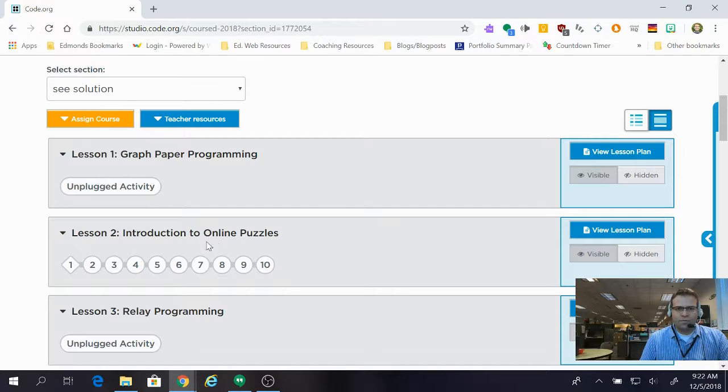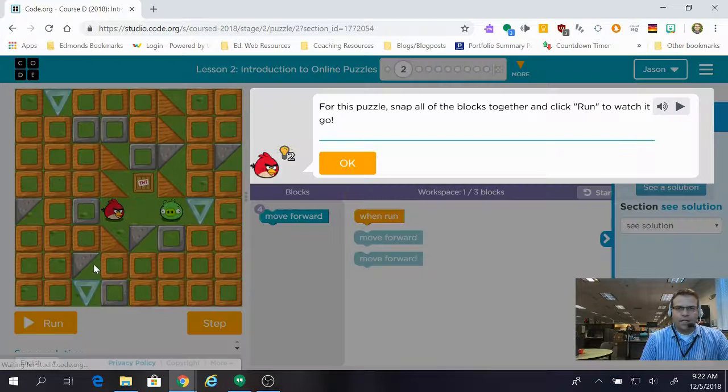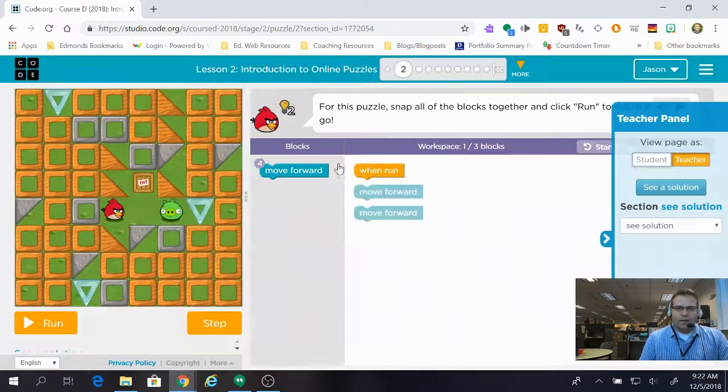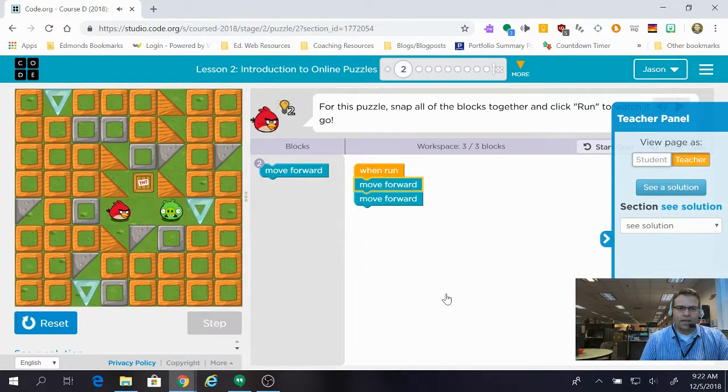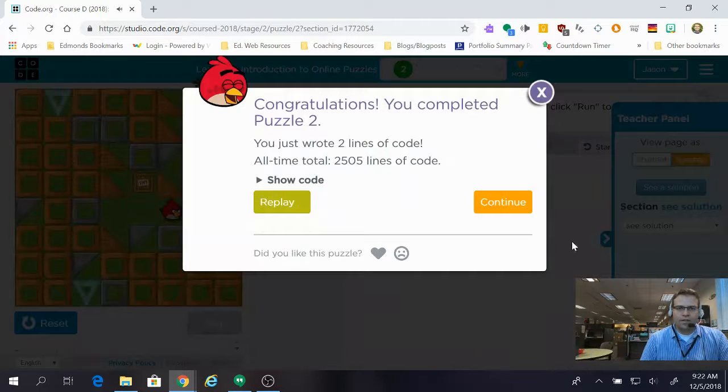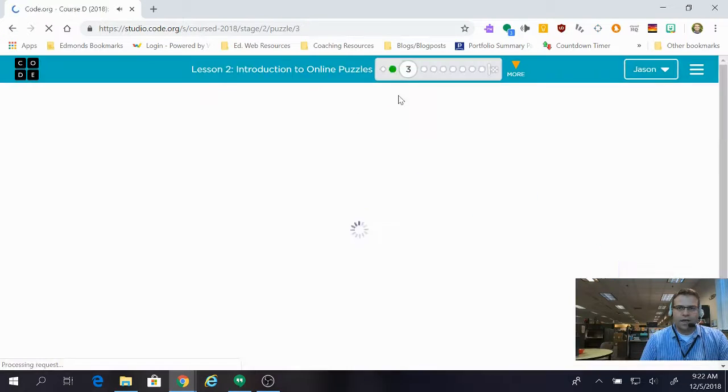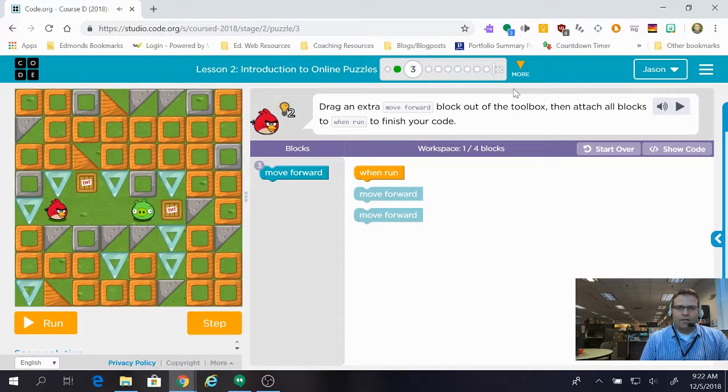But here is where you can actually try out some of the content if you'd like to do it yourself. That's kind of neat about Code.org. So if I want to try to complete a puzzle, I can click on, say, number 2. And then if I want to, I can actually try this out by locking in the blocks and running it. After I do that, if I go back